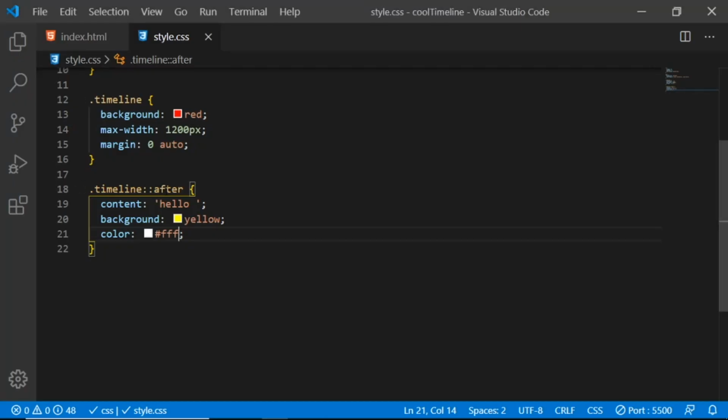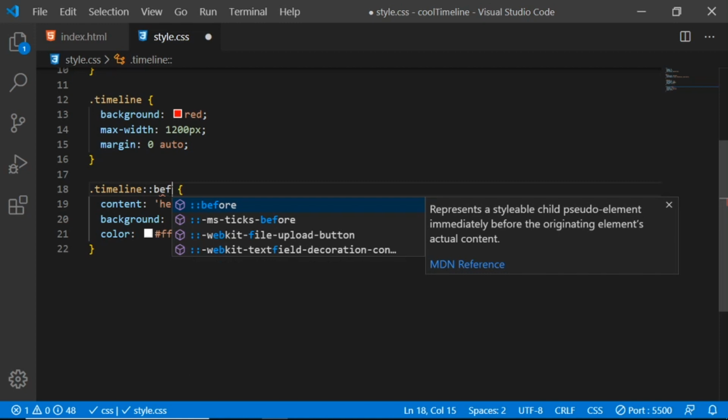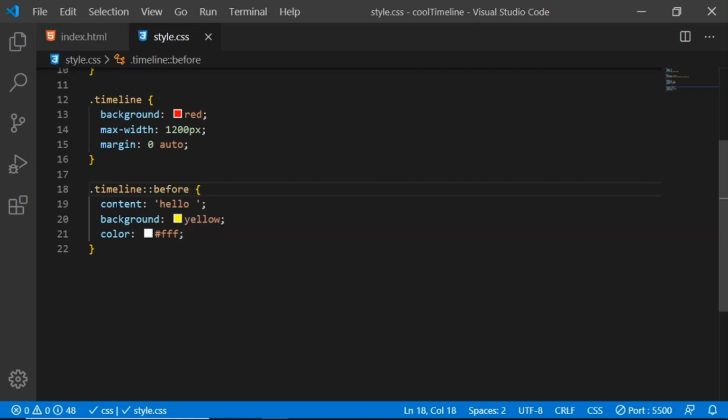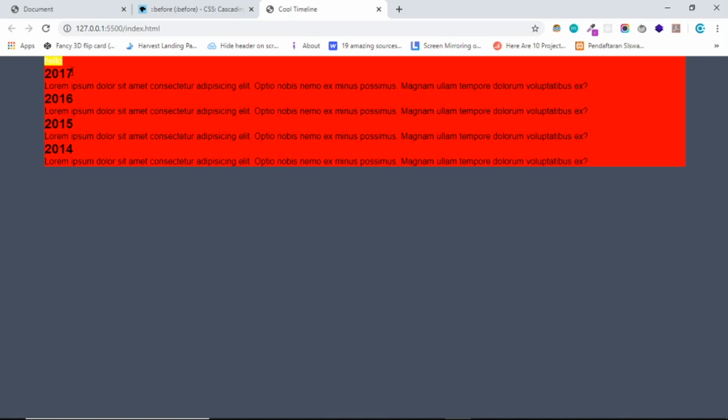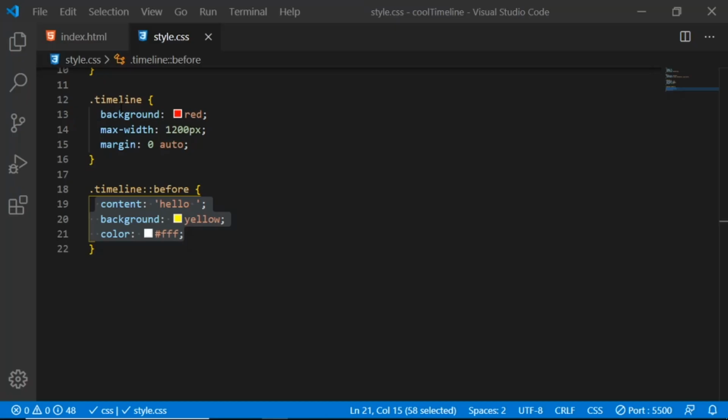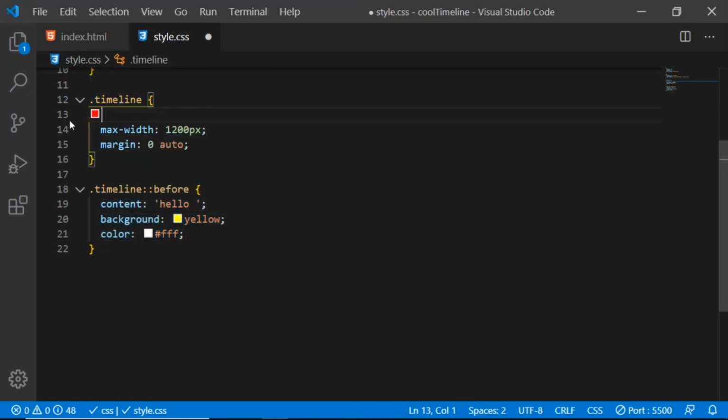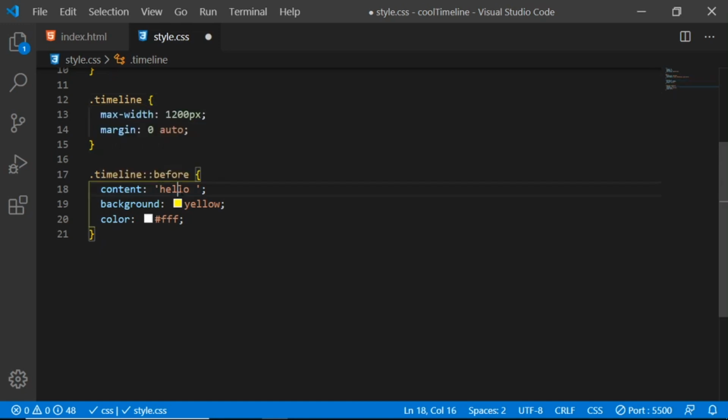Of course you can change that to before, and you should be adding this content before the timeline. Okay, I hope that makes sense. So let's remove the background, we don't need that in here. And for now we don't need content hello, we need just empty content,